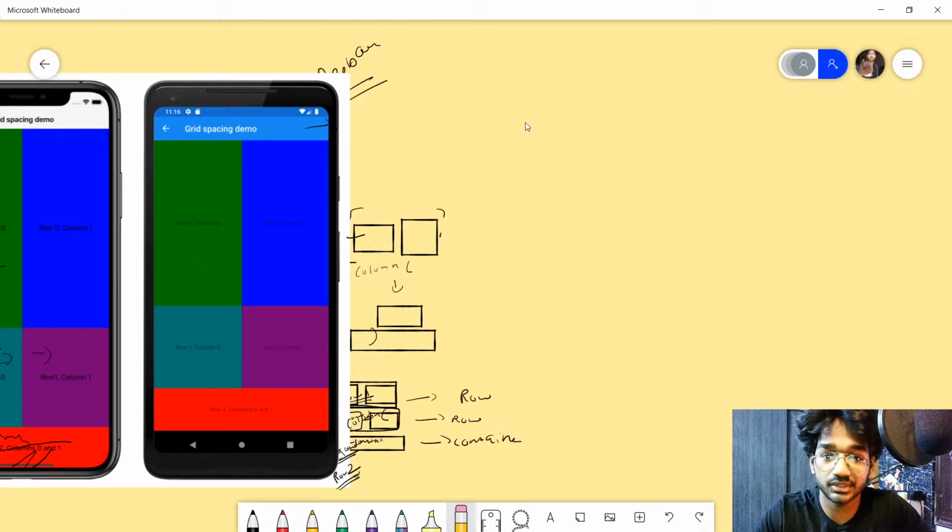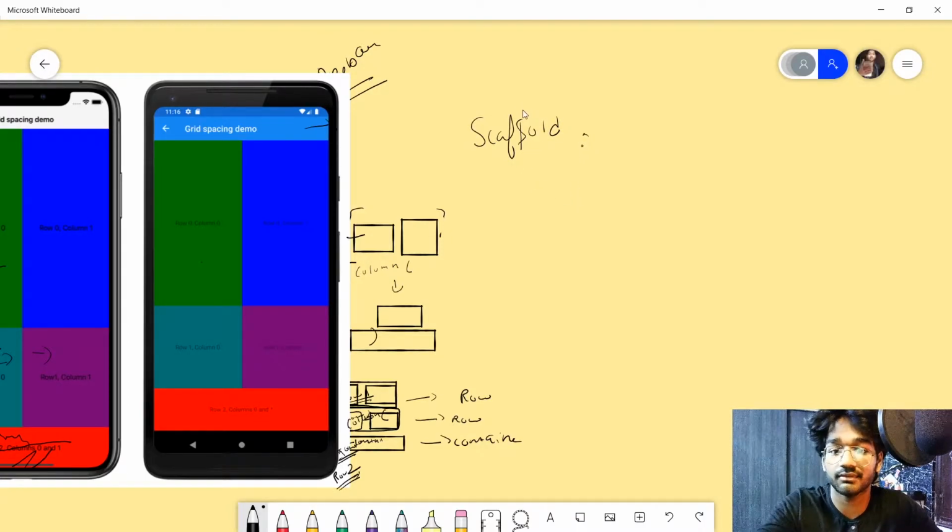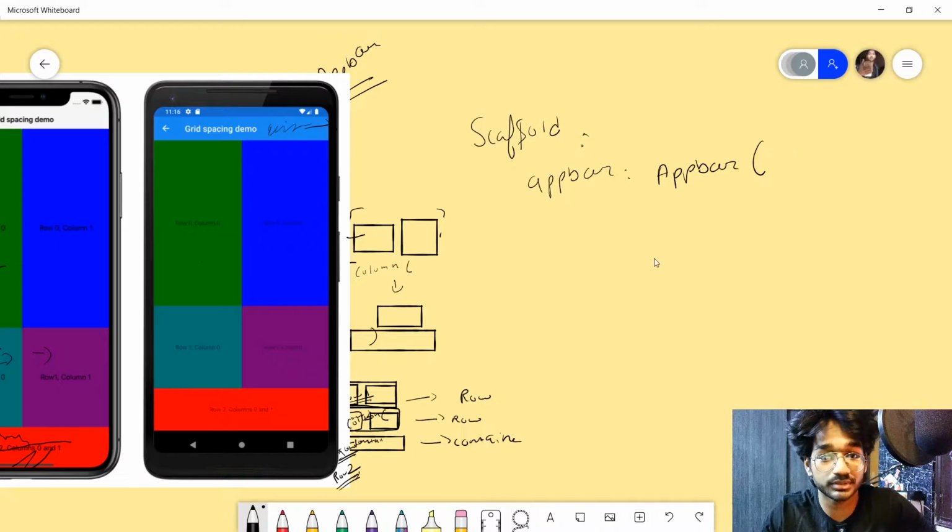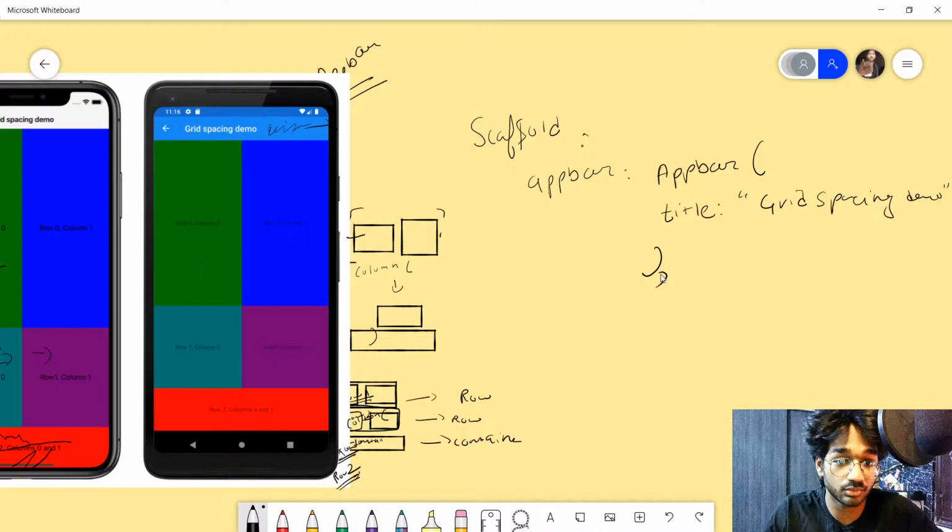Now looking at the UI, let me select the pen. Okay, this thing happens. That's my first time making a video, so don't judge, guys. This is a Scaffold, right? At the top we have an app bar. We can see over here, this is an app bar, so we'll use an app bar property. We'll open this and then close this. This would contain a title, grid spacing demo, right? Put a comma. Now to distinguish the properties, we have to separate them by a comma. Now this is a property, right? Next property we're going to use is